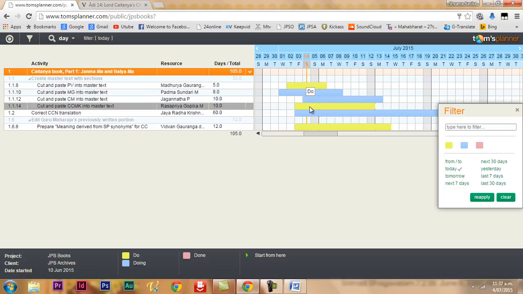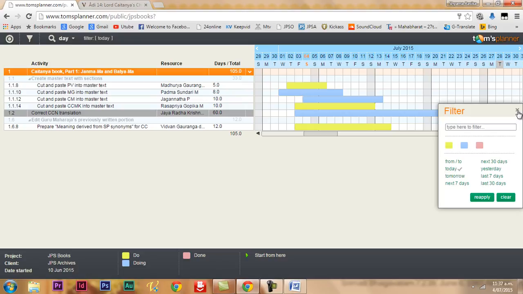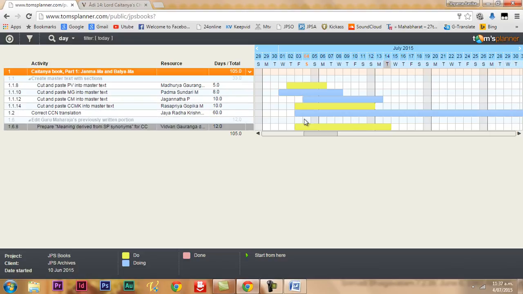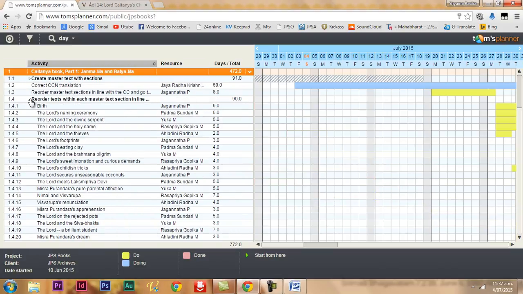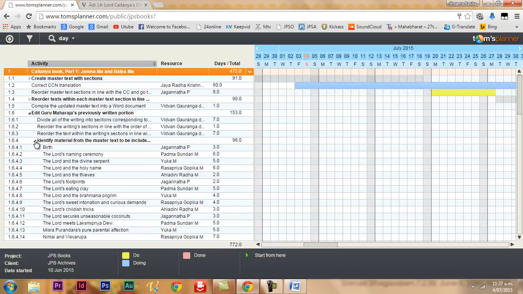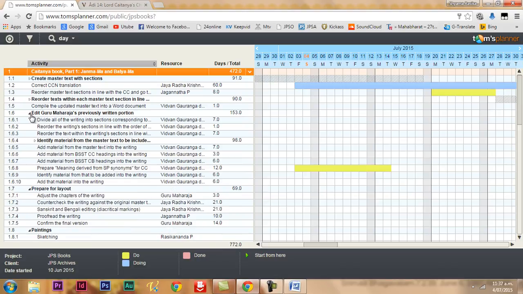I should convert that into blue. This work should be postponed to today. I will need to do that. So as you can see, this is something that I keep updating all the time. You can close the filter and then you get to see everything again. So that's just an overview of how I present material about the Chaitanya book here.